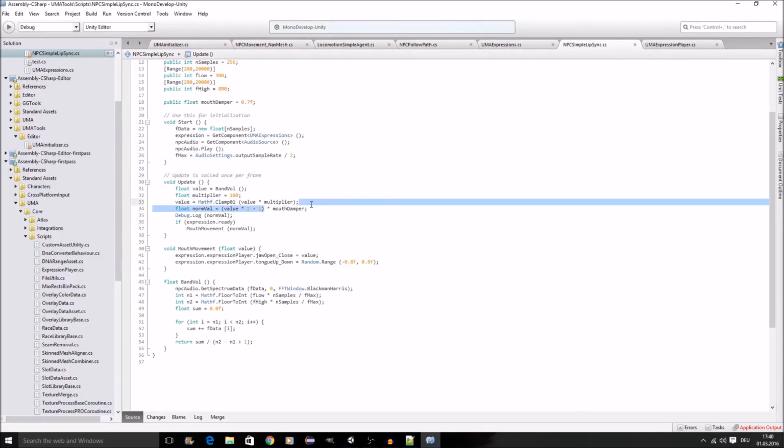And I'm using a damper variable I declared up here. This one basically says we're now not going from -1 to 1, because the mouth super closed and super wide open is not what we need for talking. So I've decided to use 0.7. You can try different values here. And this gives us